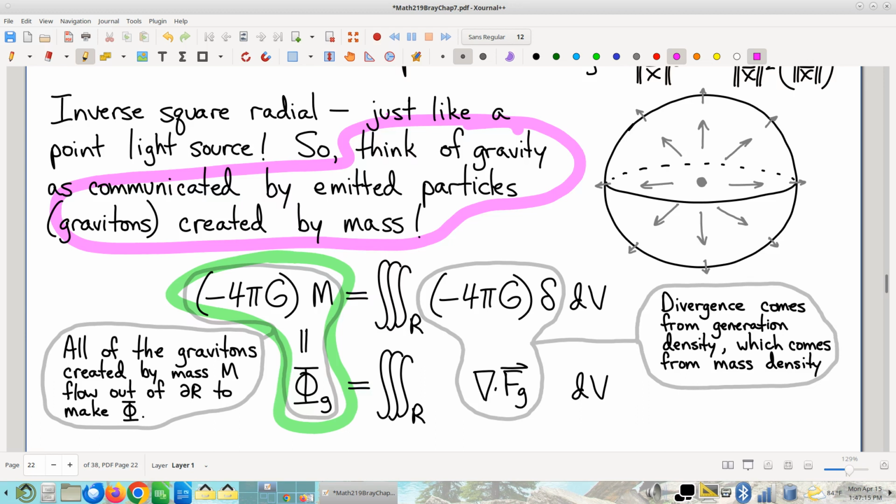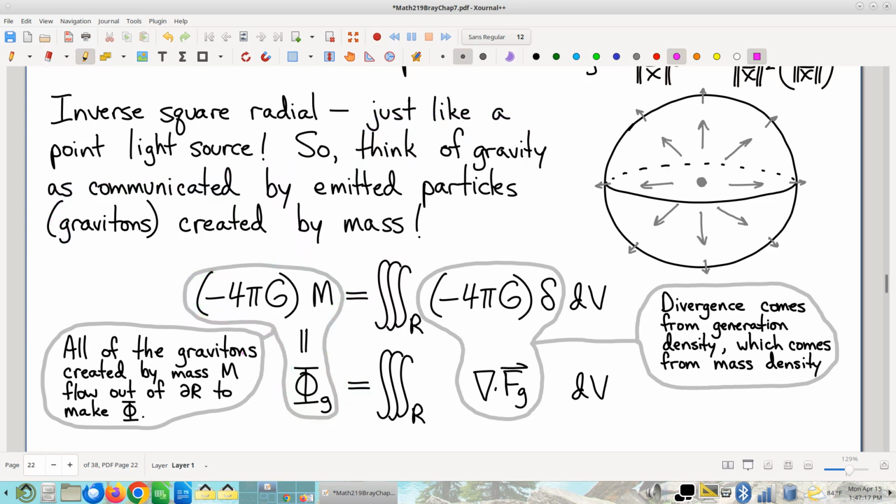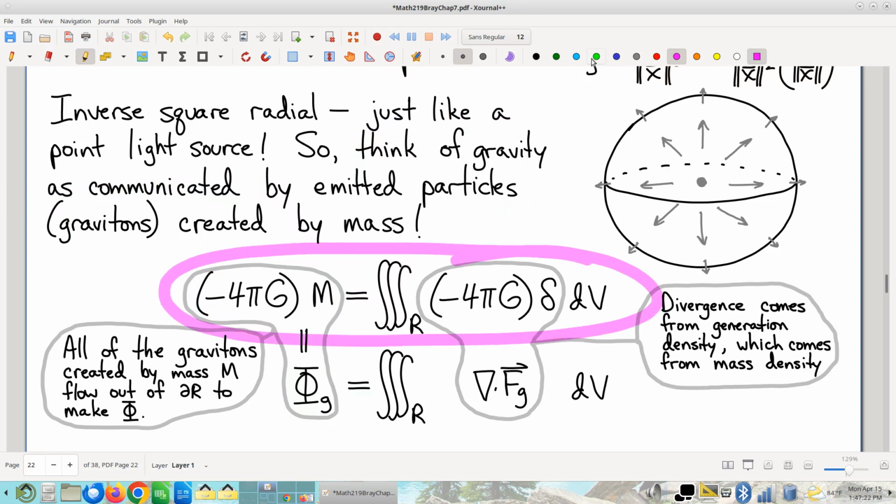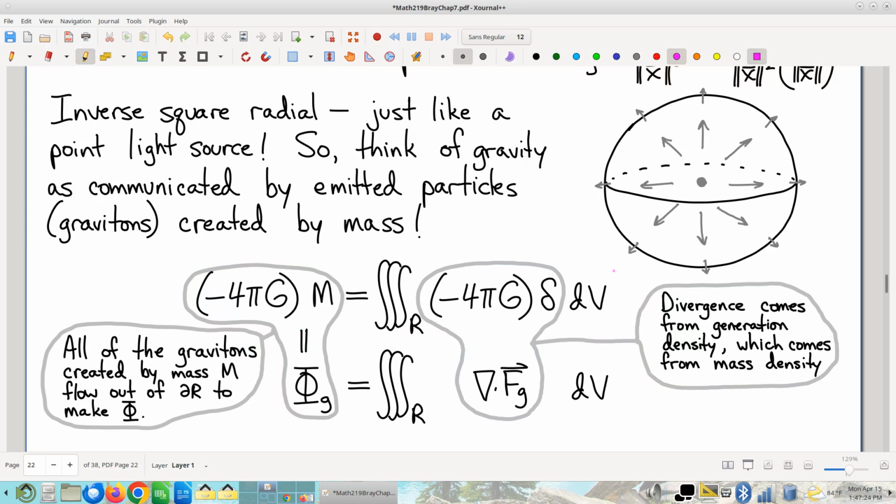All right, so believe it or not, we are a hop, skip, and a jump now away from a really powerful conclusion. And let's look at this equation right here. Real quick, let's go back to this equation. Don't worry too much about this negative 4 pi G. That's just a constant. That's sort of a reality of the physical world. More mass means more flux. Yeah, sure, but nevertheless, it's a proportionality. Negative 4 pi G just happens to be what that proportionality is. Don't worry about where that comes from. It's the nature of the physical world.